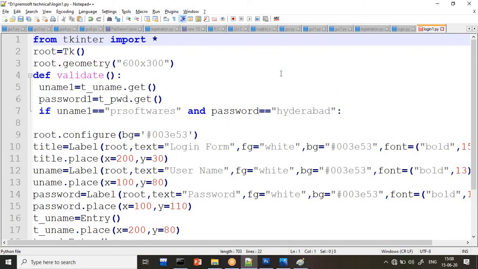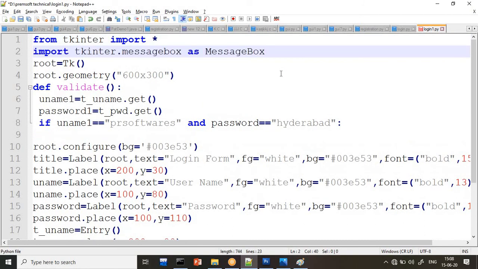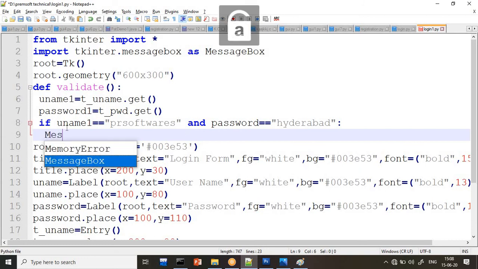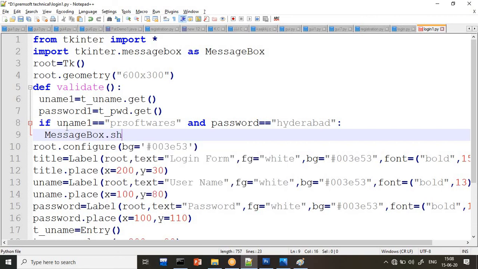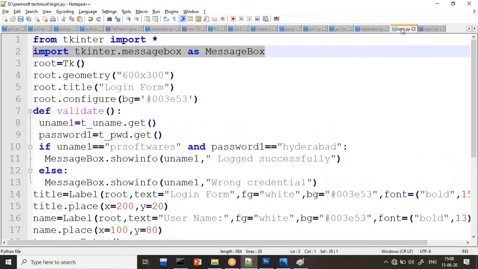This is very important, guys. Okay. Now the next thing is, if you want to show that info, you have to follow indentation, guys: messagebox dot showinfo. What is the meaning of showinfo, guys? Showinfo is nothing but it will show the information to you.